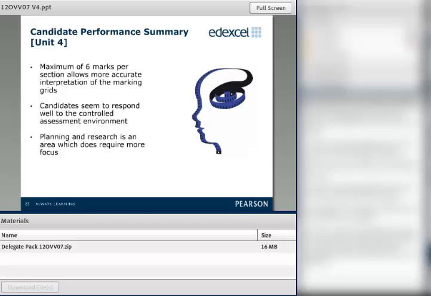Again, Unit 4, very similar. Actually, the candidates performed really very similarly on both units. It was quite incredible. We're just always fascinated by that, but it always happens. Now, again, with this activity,